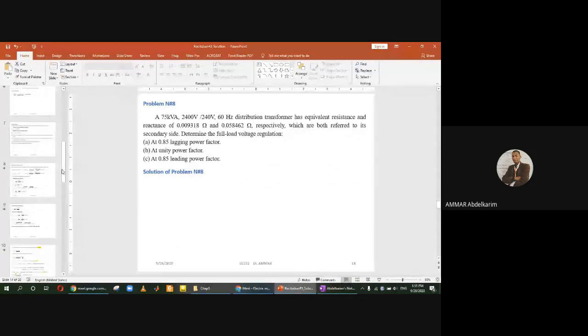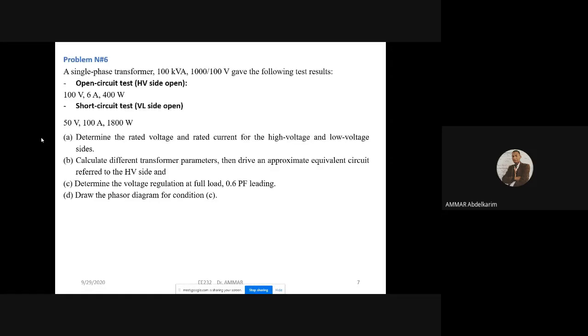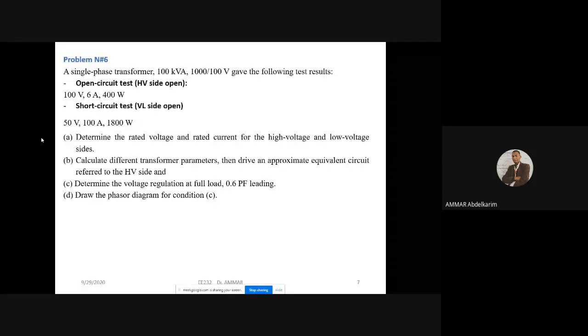Today we are going to solve problem number 6 because it includes a lot of issues concerning the transformer: transformer tests, phasor diagram, voltage regulation, parameters calculation. All that we have seen in the transformer is applied in